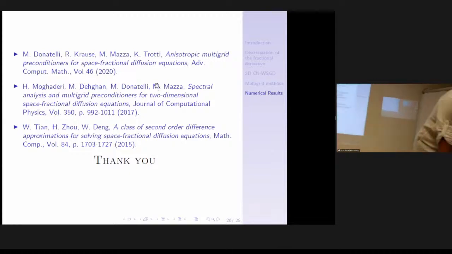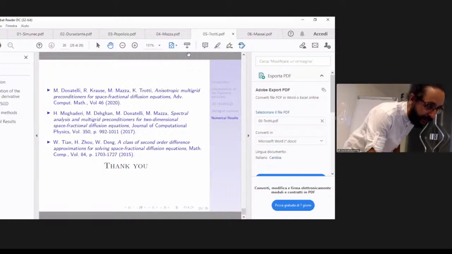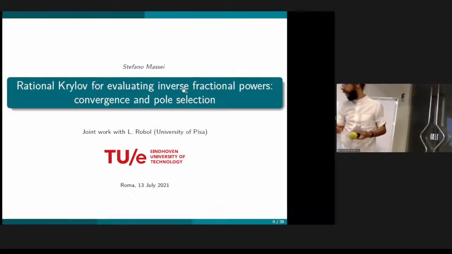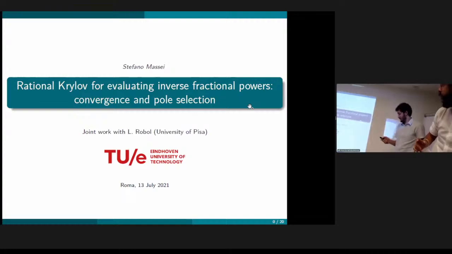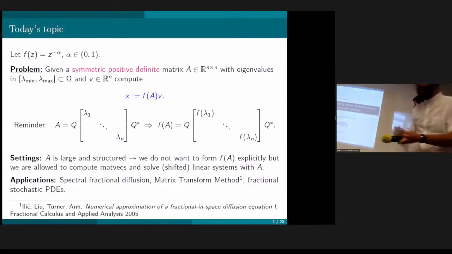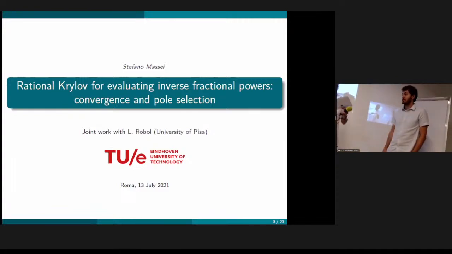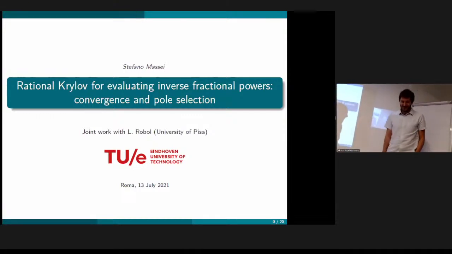Let's move to the last speaker of this session, that is Stefano Massei from KU Leuven. Did I get the pronunciation correct? He's going to talk to us about rational Krylov methods for fractional powers of matrices. So please,